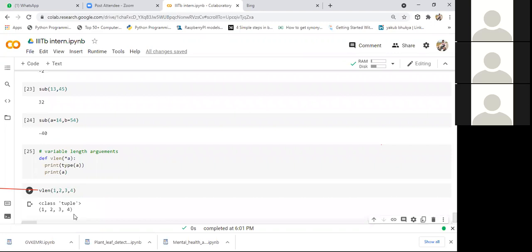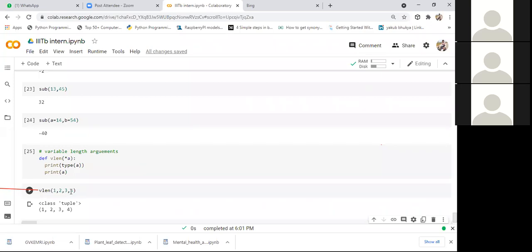Is it giving any error? It's not giving any error. It means by using variable length arguments, we can take any number of arguments while calling this function. Even if you specify 100 parameters, 10 parameters, or 20 parameters, it won't give you any error. By default, whenever you define a function with a variable length argument, that is with an asterisk, its data type is considered a tuple. All the values are considered in a tuple.